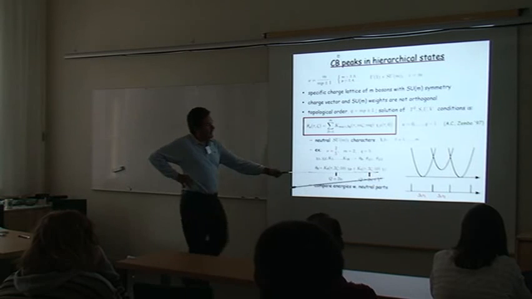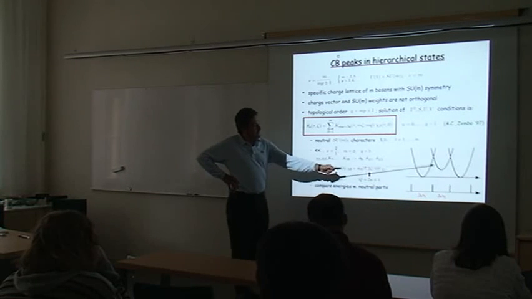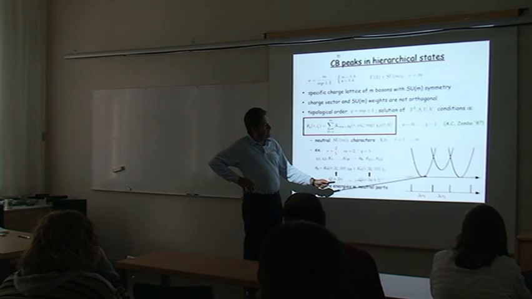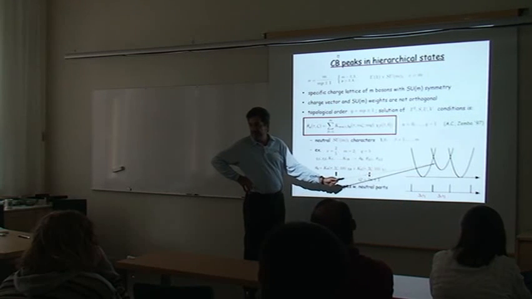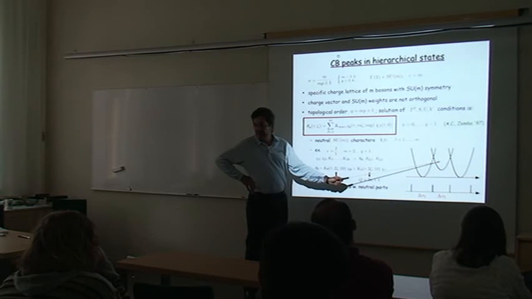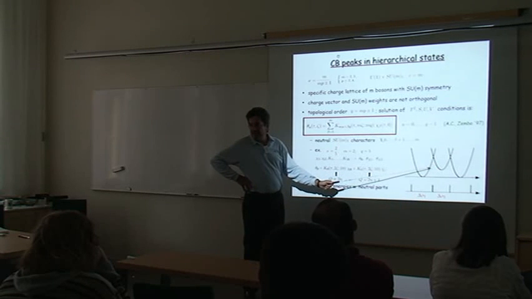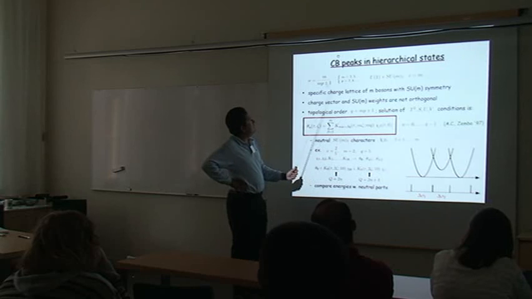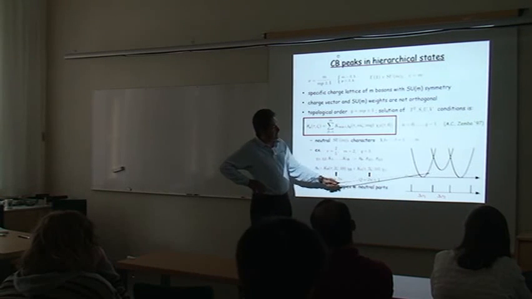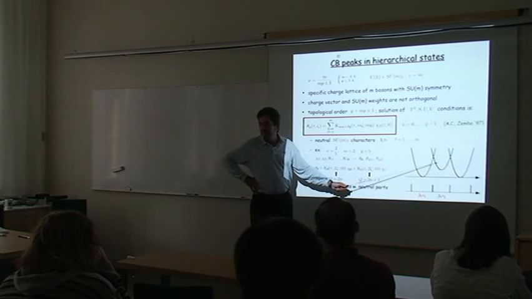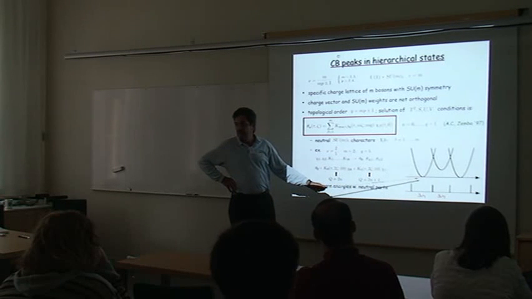Also, well, this is fixed, but this could change with the filling fraction. This changes with the filling fraction, because the denominator is the same denominator of the fraction. So if you take a very large P in the series here, then it goes down. This parabola goes down, and so possibly